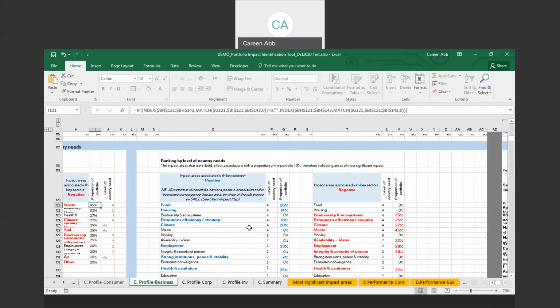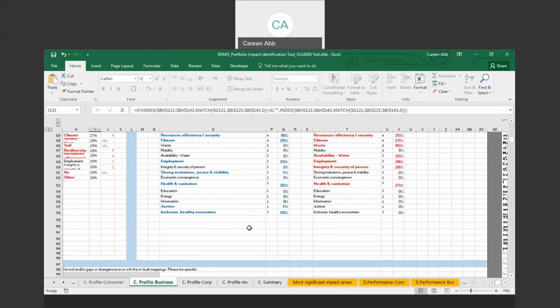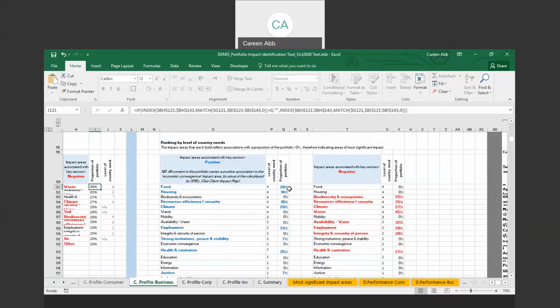So all the very high levels of country need come first, all the way down to the lowest, and the percentage of associated portfolio comes on the side, with bolding happening everywhere where indeed there is activity inside the portfolio